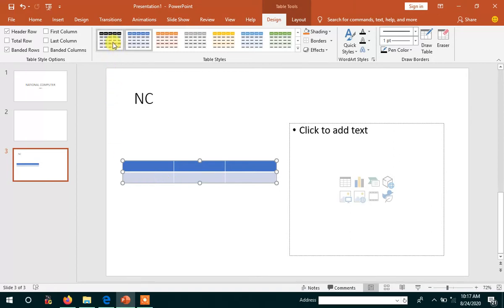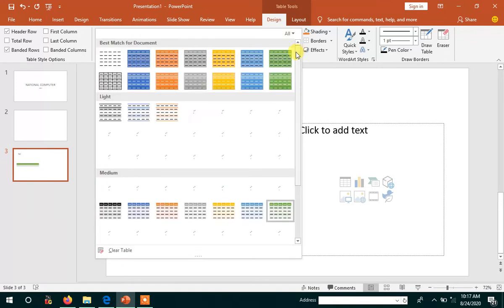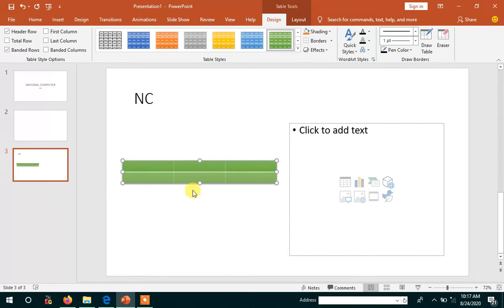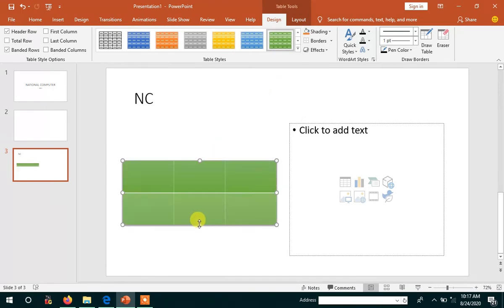If I want to take this design, it appears like this. If I want to take this design, or this design, or if I want to take more and more designs, then you have to click this drop down menu and click whatever design you want. See, by this way we have to select the table like this. Then another one is that